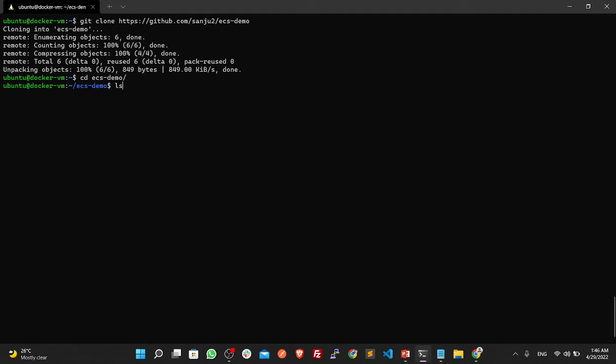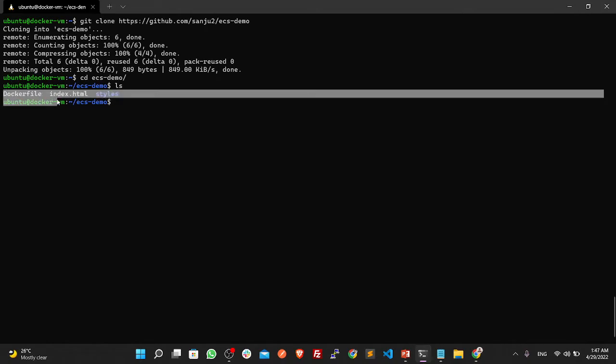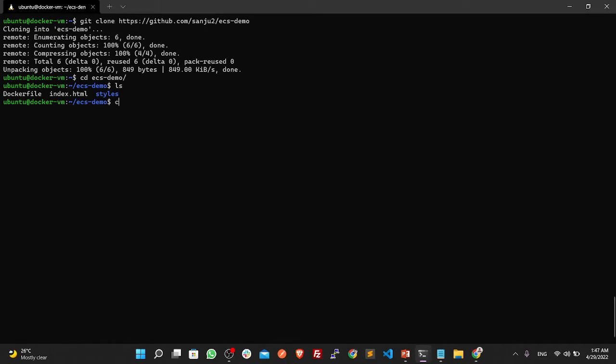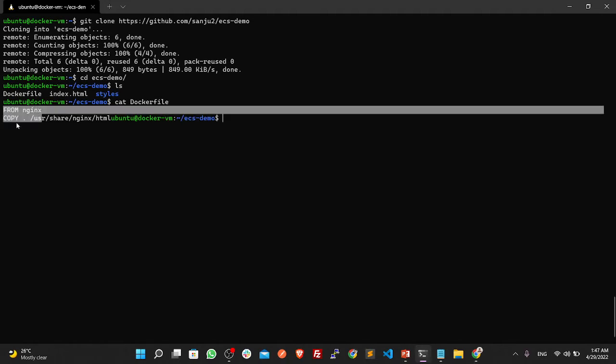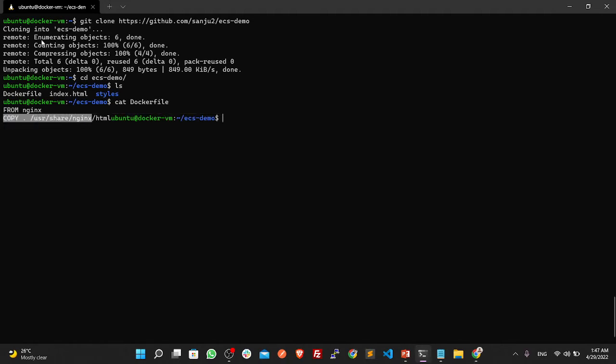This is a simple web application with index.html, style files and a Dockerfile. We can see what the Dockerfile has. It is simple. We create from the nginx image and copy the entire HTML folder items into this